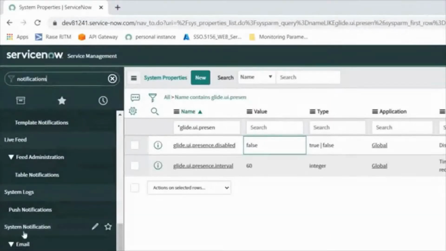Whenever you are searching for any component, not only notifications but emails, incident, change, or any other module like script include or business rules, from the navigation you have to remember one thing: look for the one that starts with System. Under system, the system notifications, under the email, is the main one which we use and customize for our applications.